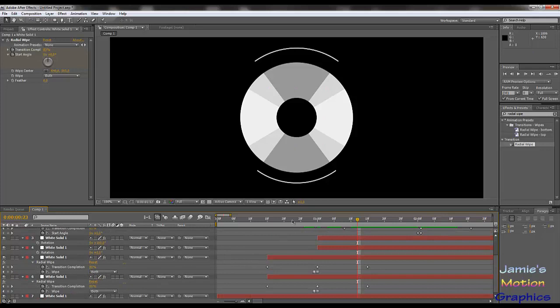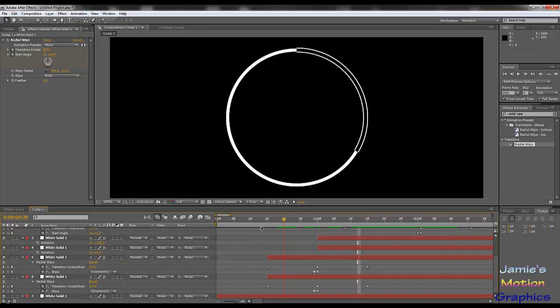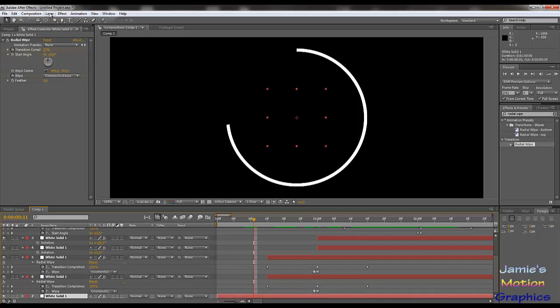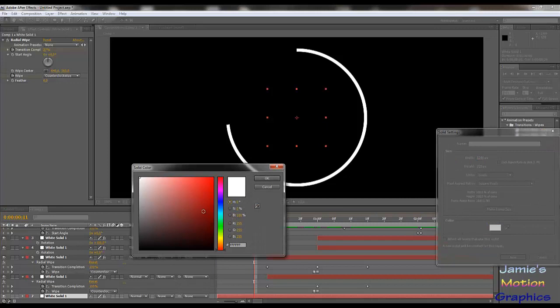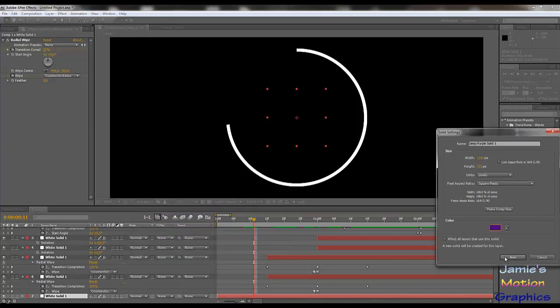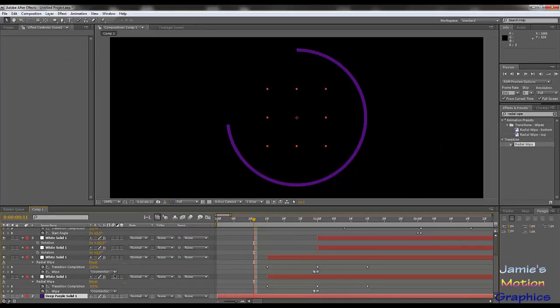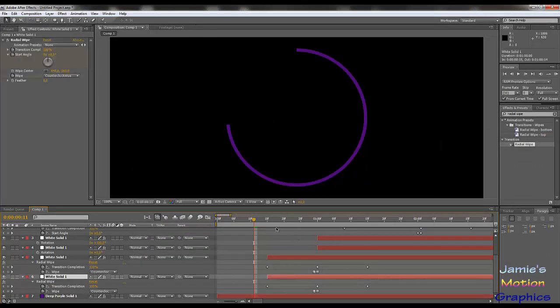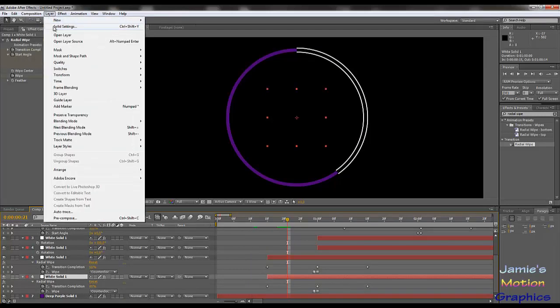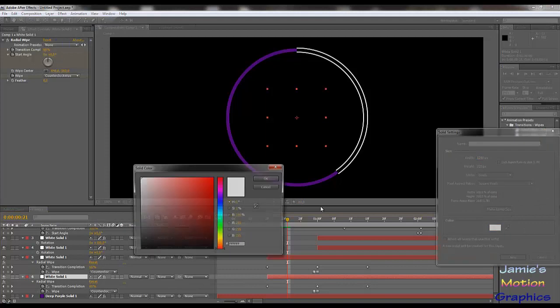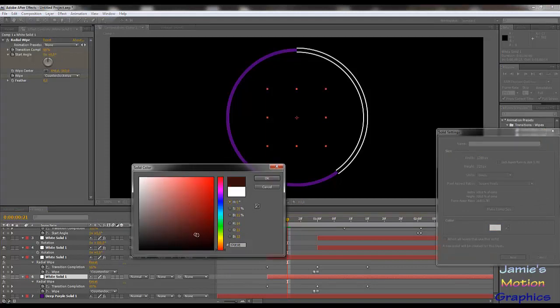Let's colorize it a little bit. So first of all, the first one that's coming in, let's make something that's not entirely white, at least, because white is just so white. Let's start with purple, dark purple. Something that's not immediately up in your face, and then we're going to go to the second one, which could be like this. It could be white. I don't think that it's a good one, but